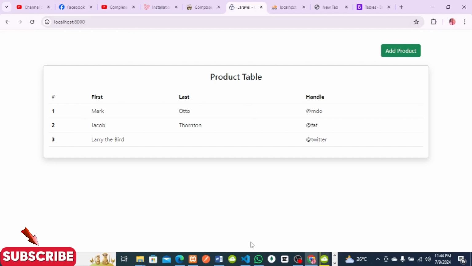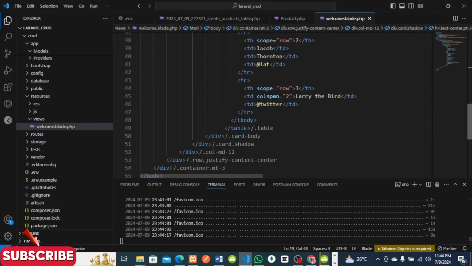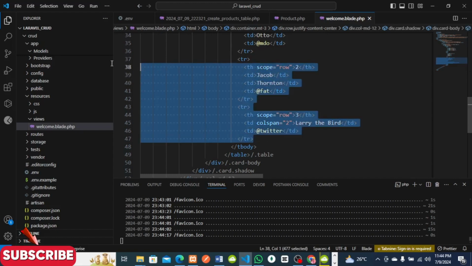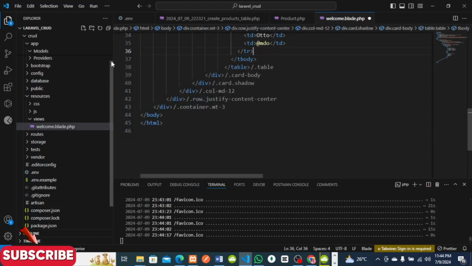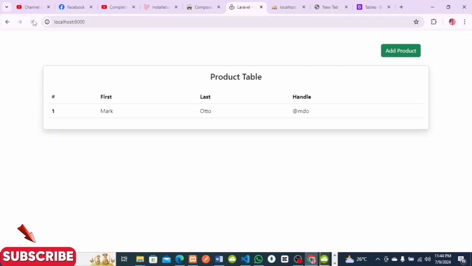I only need one row for this purpose, so I'll take the other rows off. I'll take this TR off. I don't need all these other rows. Let's save it and refresh that. Okay, better. We have a table on our end, so I need to customize the headers of the table